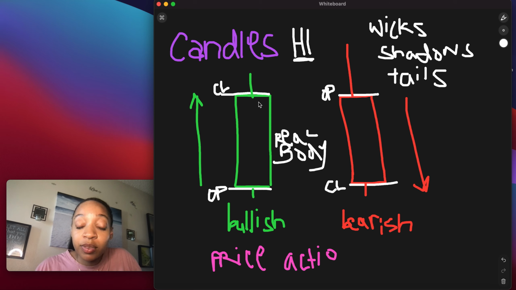Okay, these rectangles are called the body. This is the body of the candle. You can call it real body, whatever. It's the body of the candle. On the bullish candle, the lowest point is the opening price and the highest point is the closing price. Okay, and it's vice versa on the bearish candle. So on the bearish candle, the top is usually the opening price and the bottom is the